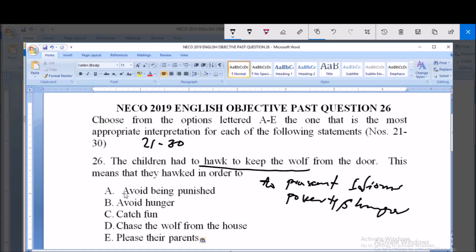So option A says avoid being punished, B says avoid hunger, C says catch fun, D says chase the wolf from the house, E says please their parents. So by this explanation we have hunger in it, so option B is correct. So the correct